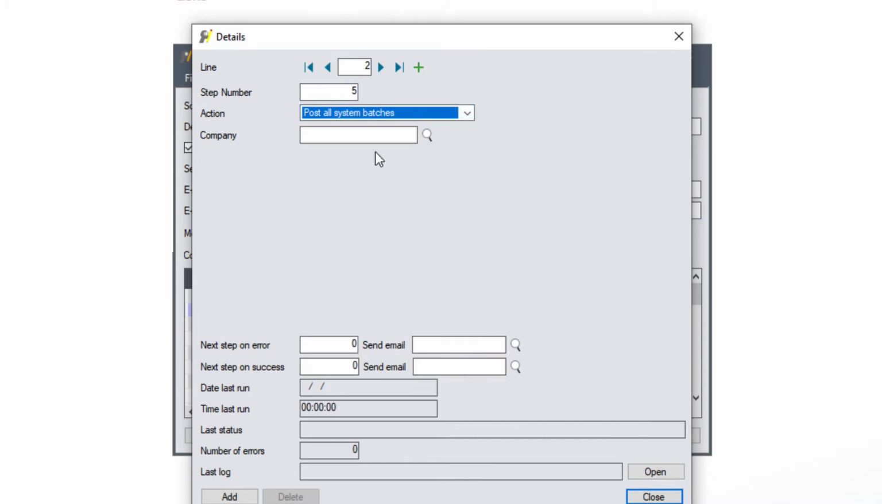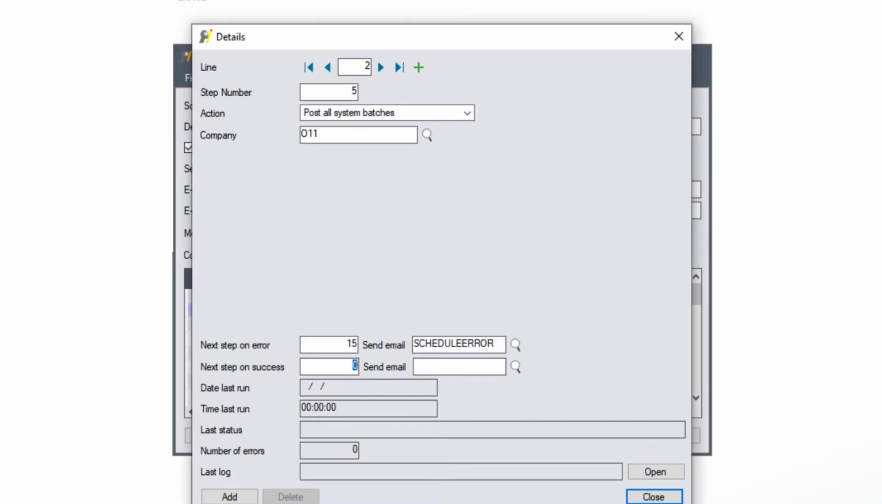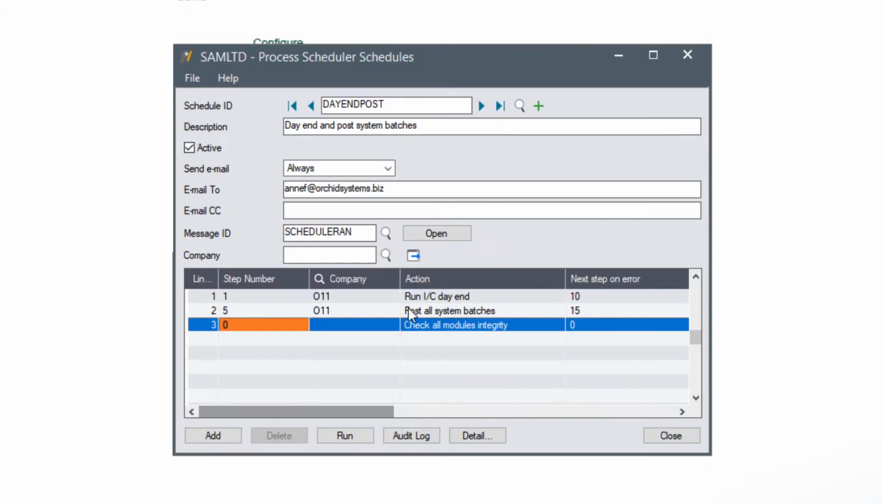So all system batches are the batches that result from the day end. If there's an error in this, we want to go to step 15 and send an email that there has been an error. If there's not an error, we still want to go to step 15 and do the same for the next company. So step 10,